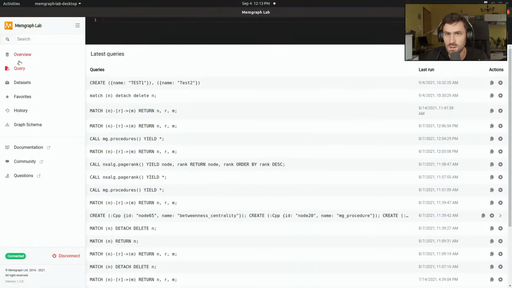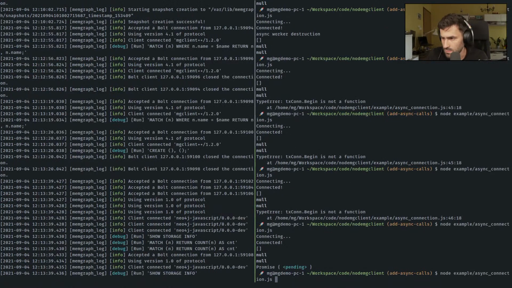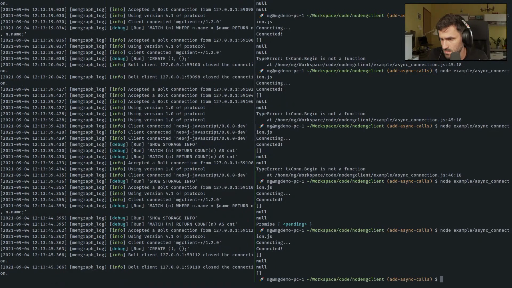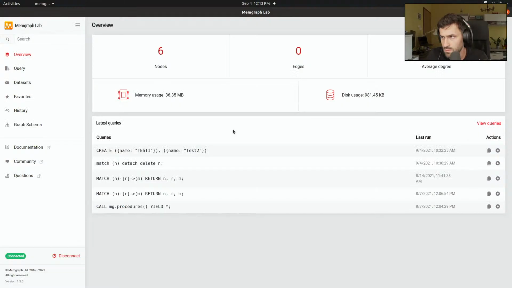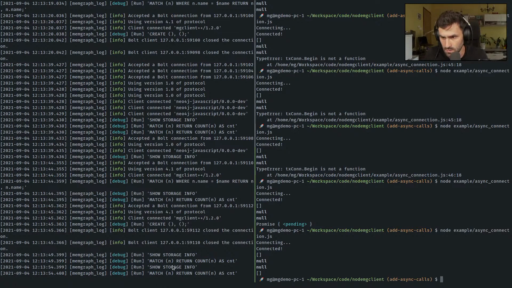Do I have this data for? I think I have. Pending promise, empty array, 6. Yeah, nice. And if I take a look here,